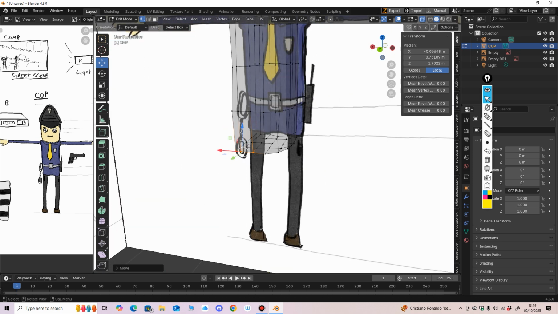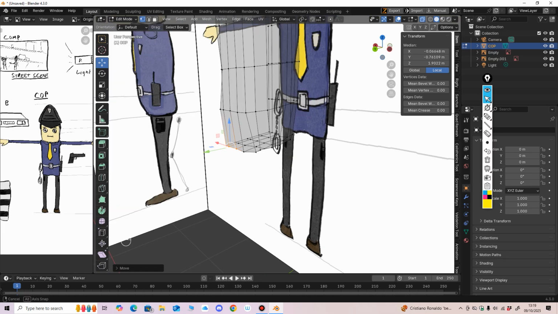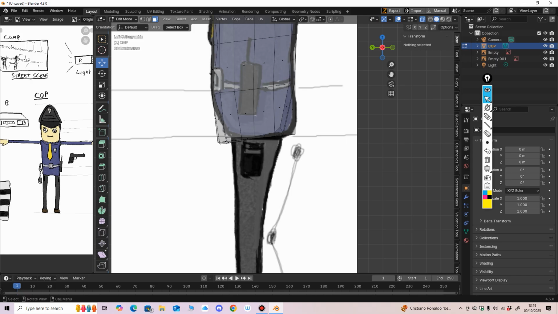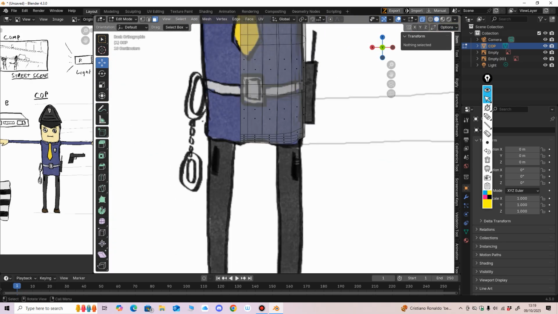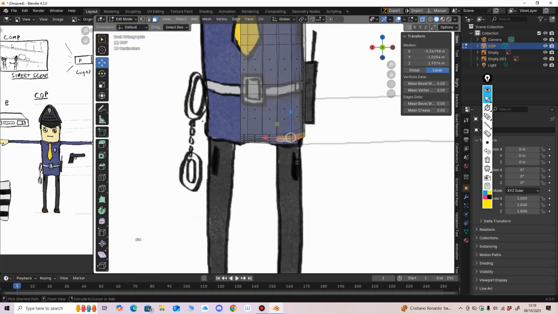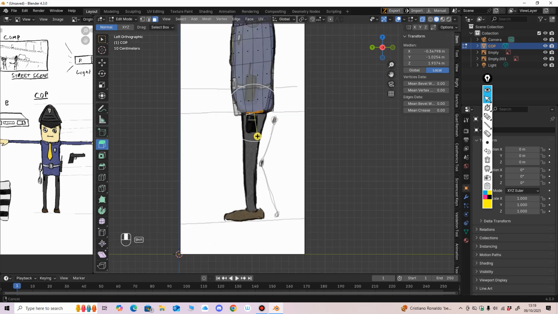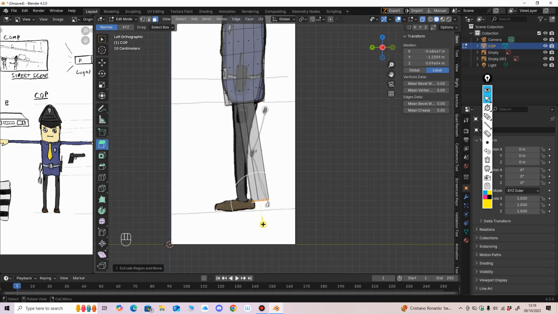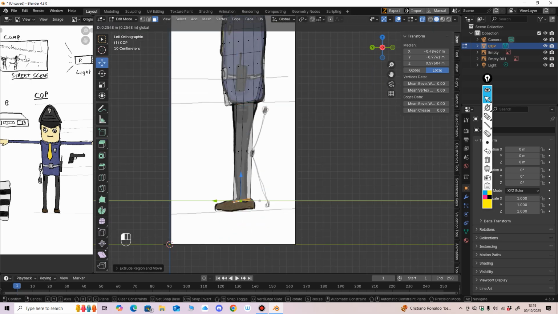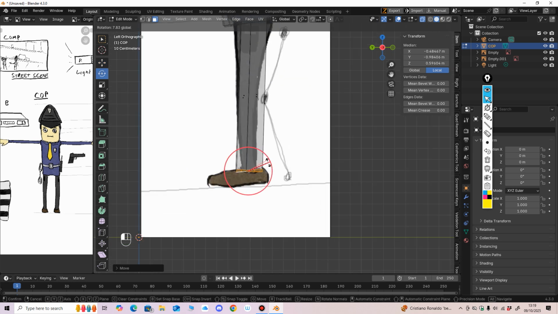And try not to move the vertices on the inside in the x-axis. So we've got our basic torso there, now we need legs, don't we? So I'm thinking these faces here, what we'll do, we'll go to extrude, move this down, move that to there, rotate it a bit so it's not so much at an angle, move that up,